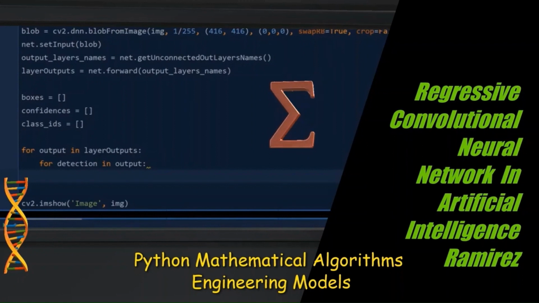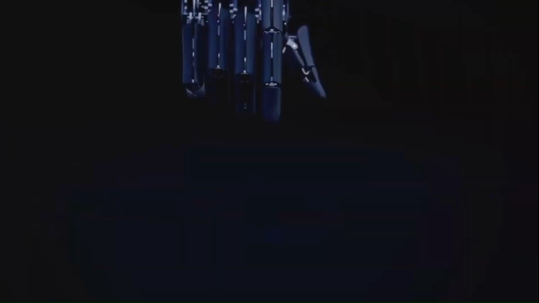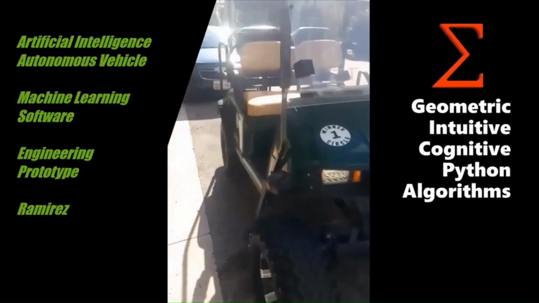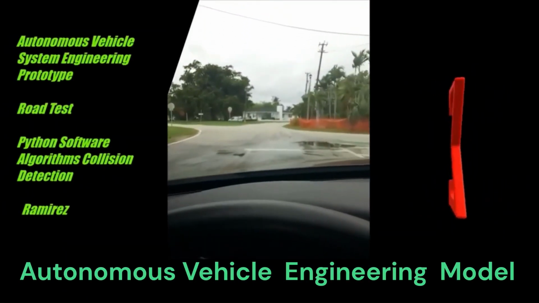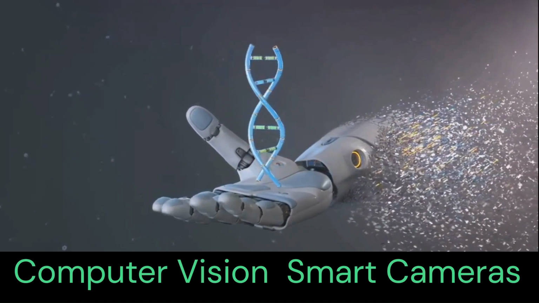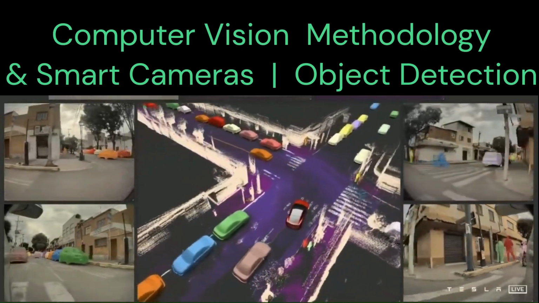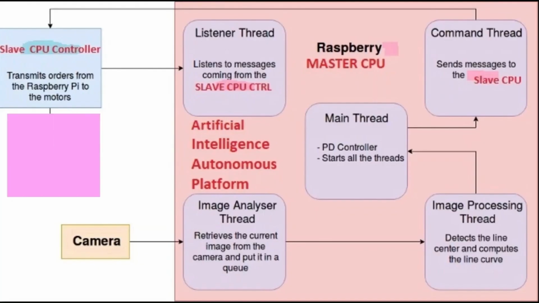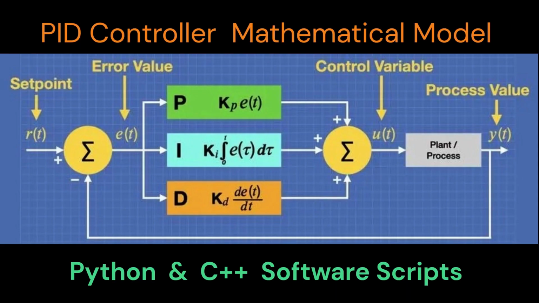The framework of this video shows the implementation of a sophisticated artificial intelligence autonomous vehicle platform. Here I used advanced computer vision methodology to distinguish different objects, colors, and natural surroundings of the environment, and can apply sensors.